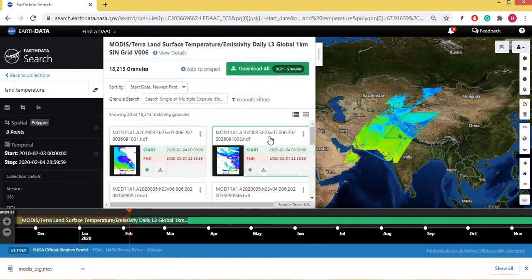24 is its basically path number, and 5 is its row number. So these are in a horizontal line in the similar row. 5 is their row number. It is also 2305. It is also 24 and V05. 05 is row number, and its path number is 23. All these three images will have path number 23.